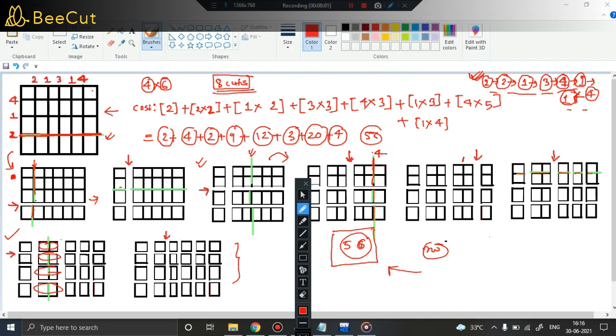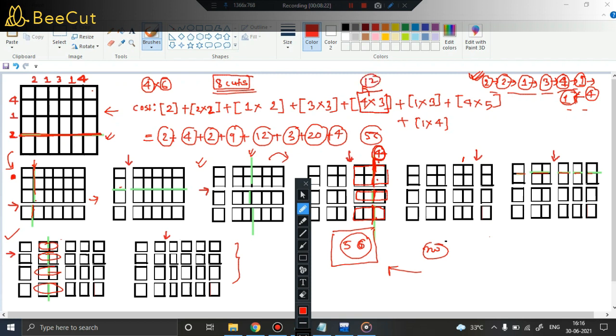So right now, what is the status? This block is separate from this block, and this block is separate from this block. So when I asked you to cut along this edge, you use it 3 times: 1 time here, second time here, third time here. So 4 cross 3 was the cost. You see, this basically increased, isn't it? 12.